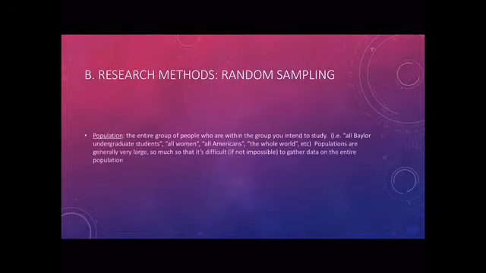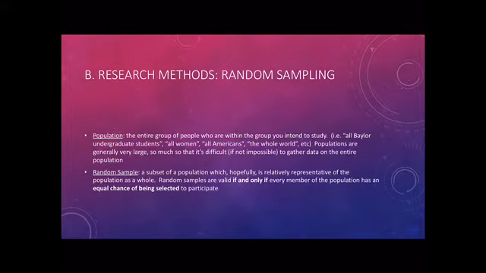Okay. The difference between a population and a sample is that the population is the entire group of people that you're trying to generalize a result to. So if you're trying to figure out if something is common to all women, then your population is all women in the whole world, right? But your random sample is just a subset of the population, which should be representative of the population. So if your population is all women, but your random sample just includes women at Baylor University, you've really sort of misrepresented what you're doing.